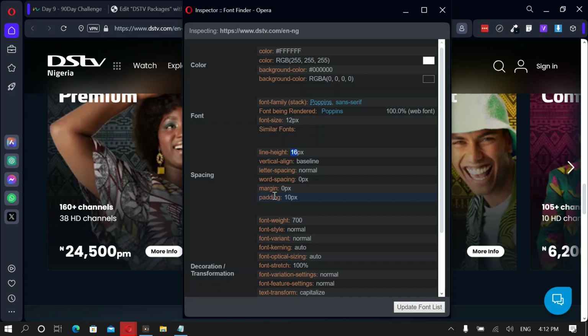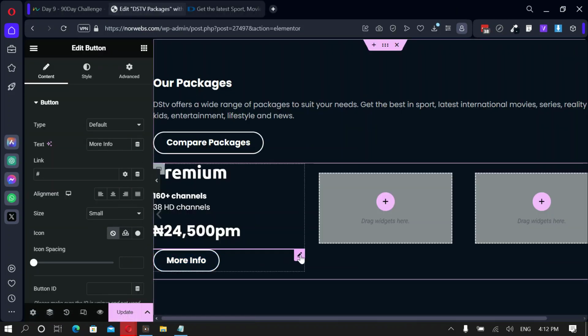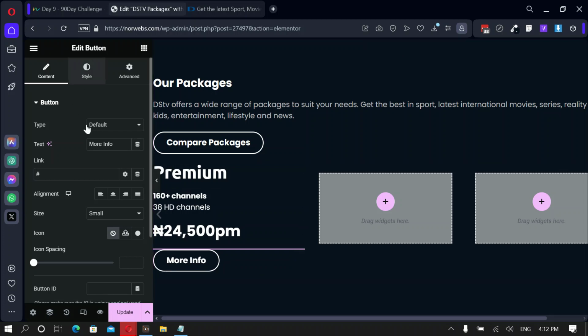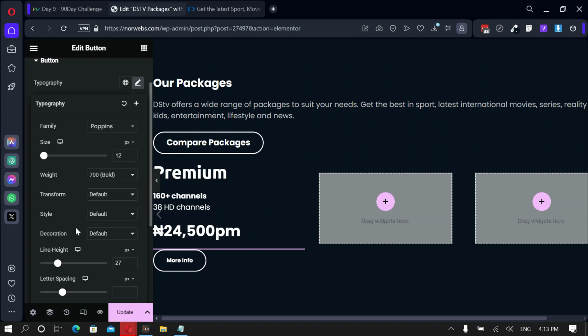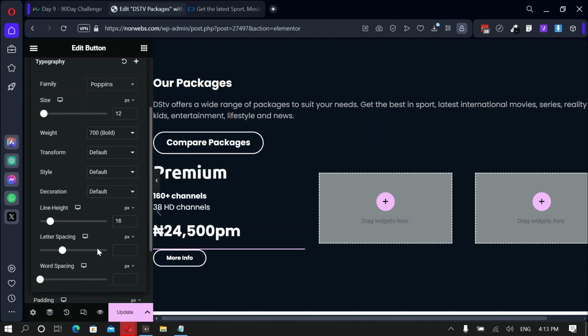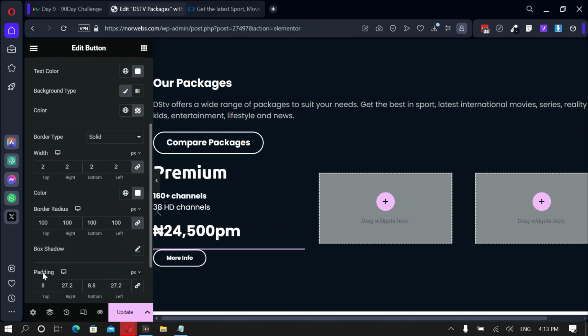So 12 pixel font size. So I'm clicking on the button, go to style. So 12 pixel, still 700. Line height 16. Then the padding